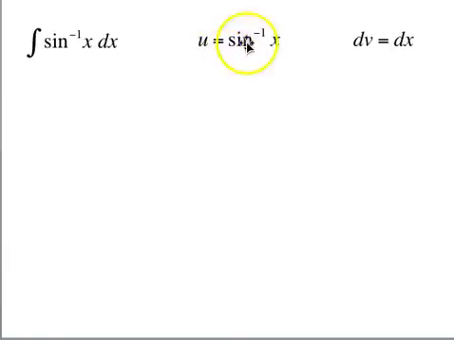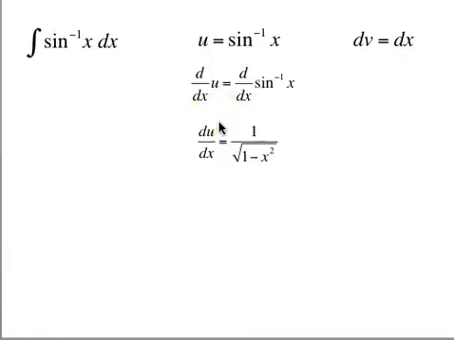To find du, we're going to take the derivative with respect to x of both sides. Derivative with respect to x of u is the derivative with respect to x of arc sine of x. d dx of u is, of course, du dx. The derivative of the inverse sine is 1 divided by the square root of 1 minus x squared. We need du for integration by parts. Multiply both sides by dx, and we get du is dx divided by square root of 1 minus x squared. That looks pretty complicated. But over on this side, the integral of dv is the integral of dx, and v